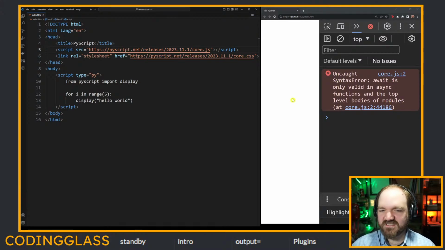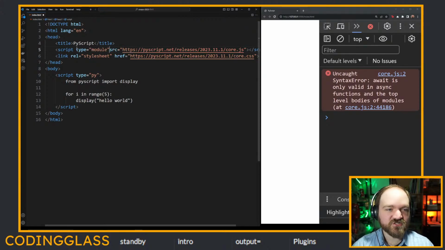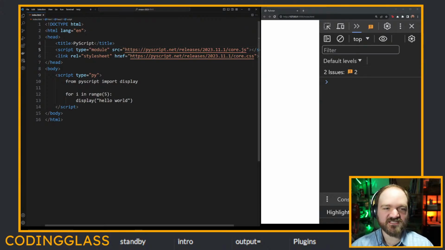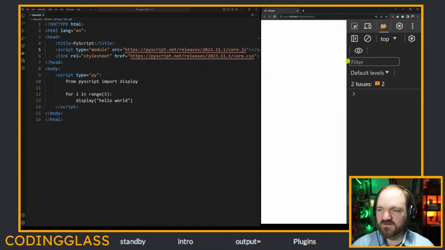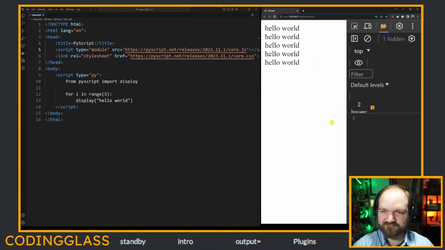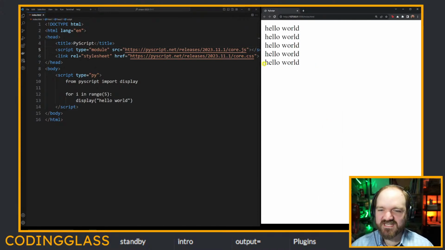The keyword here is modules. The PyScript core is now written as an ECMAScript module, and so to use it, you have to specify that you are loading a module, and if you do, your PyScript code will run just fine. Make sense? I like to mention that here because that error message is not terribly descriptive,